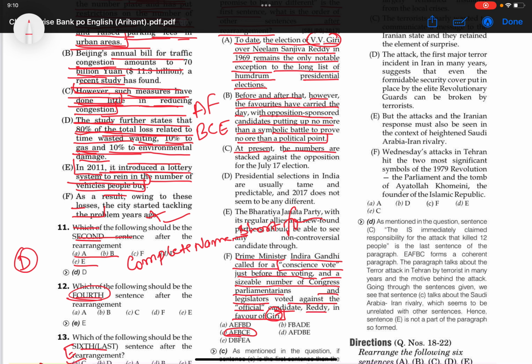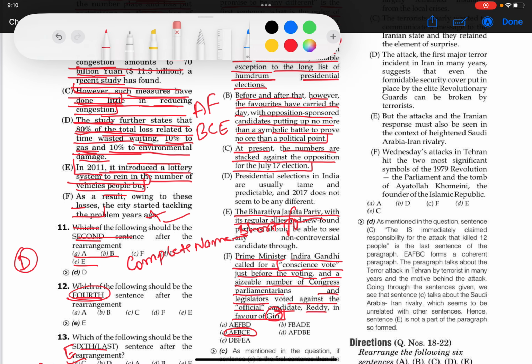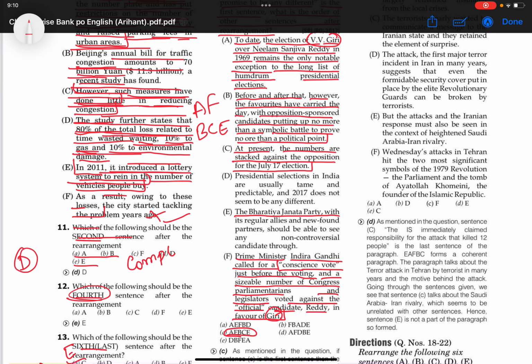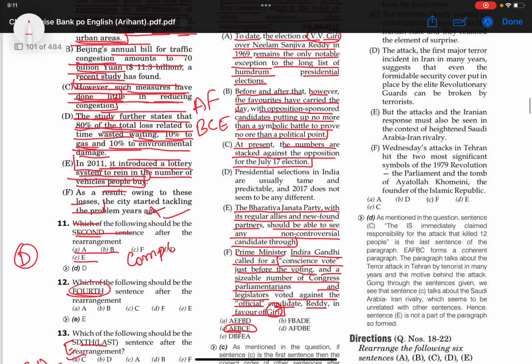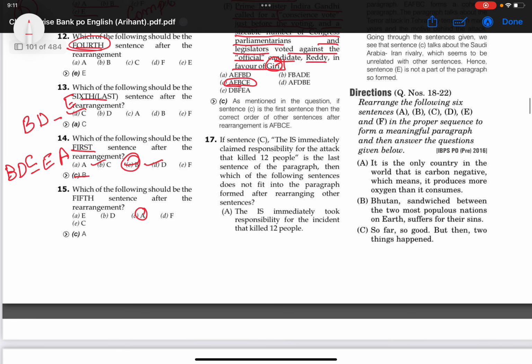At present, the numbers are stacked against the opposition for the July 17 election. The Bharatiya Janata Party with its regular allies and newfound partners should be able to see any non-controversial candidate through। ठीक है, फिर आ जाएगा ई, ये हो गया।